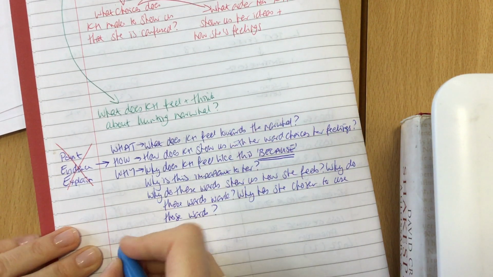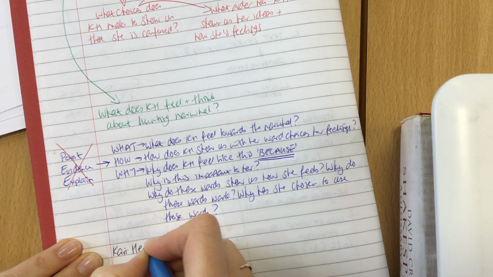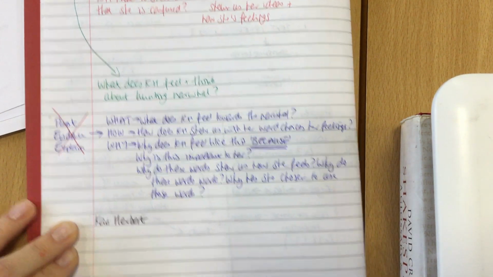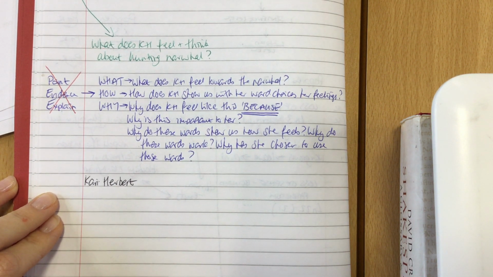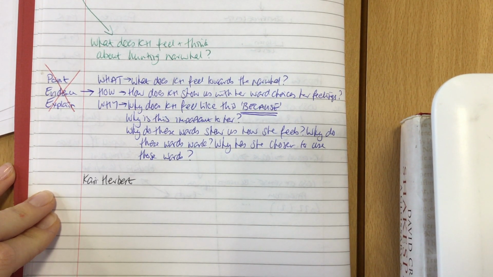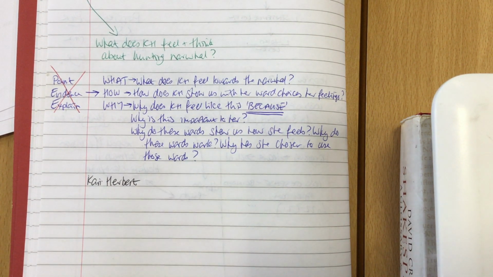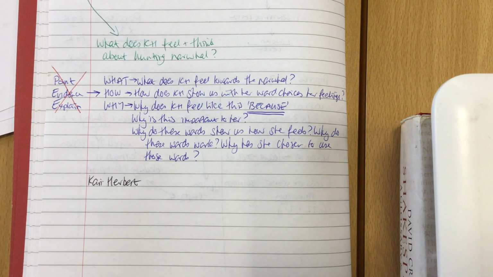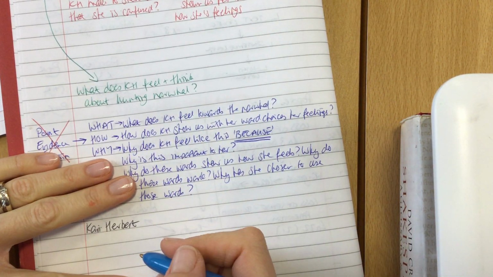So, Kari Herbert. We write this. Now, what's really important is if I make a mistake, you need to make that mistake as well. Okay? Because what's more valuable is not that we can simply write this off the top of our head and it's super duper perfect, but if you make a mistake, I need to see how you are thinking about the correction and what you are correcting it to. So it's that process of understanding where we're going and what we're doing in order to then produce a decent piece of work. So Kari Herbert,